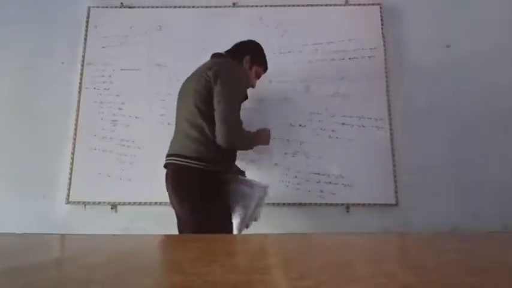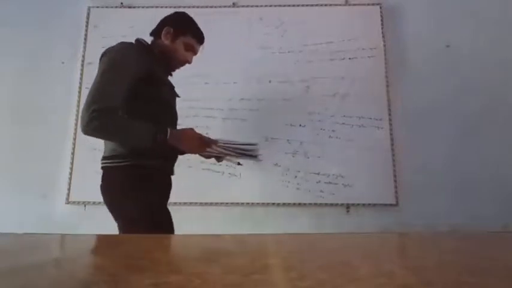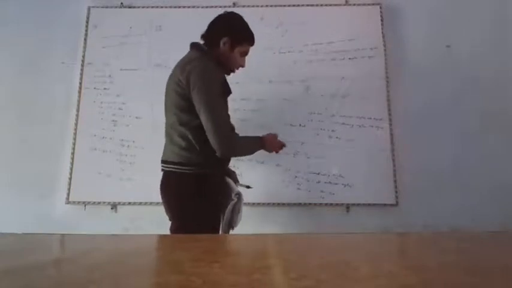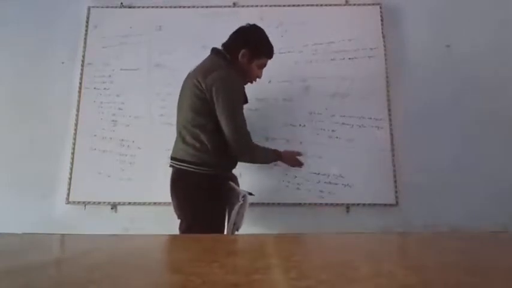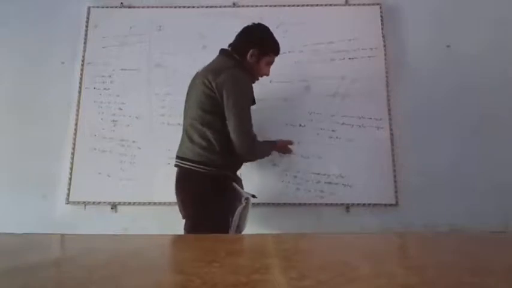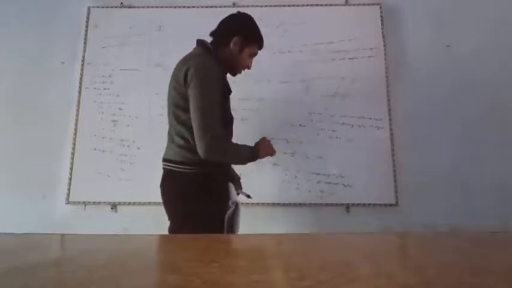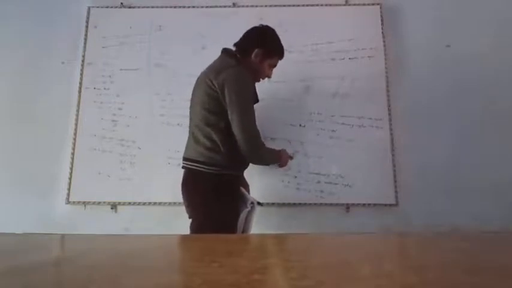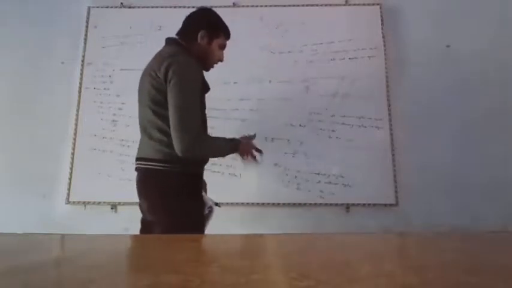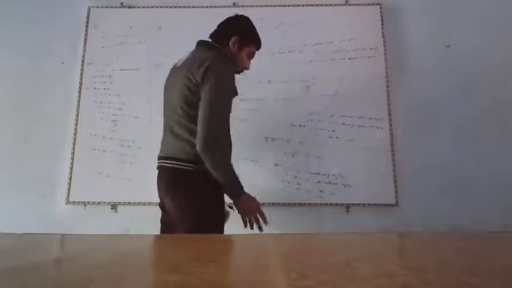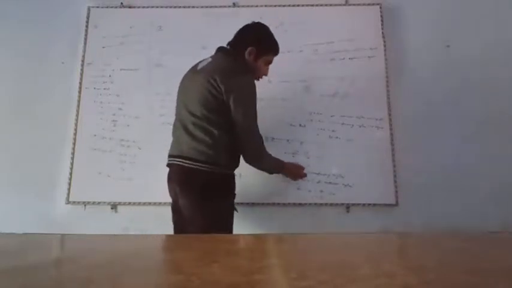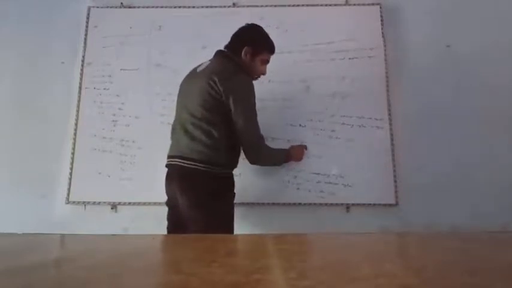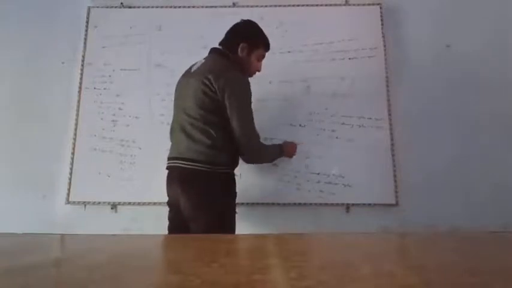Okay, now here you have been given a figure in part 3, figure C. Here l and m are also two parallel lines, and n is an intersecting line that intersects these two parallel lines at distinct points. Here you have been given an angle of 120 degrees, and you have to find the values of x, y and z. So, solution: angle y is equal to 120 degrees because of corresponding angles. Here 120 degrees is the corresponding angle of y, and we already know that corresponding angles are equal.